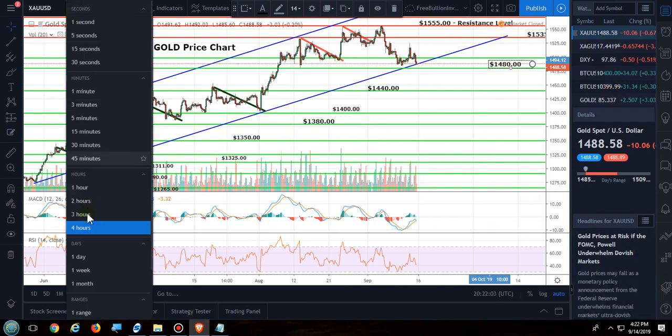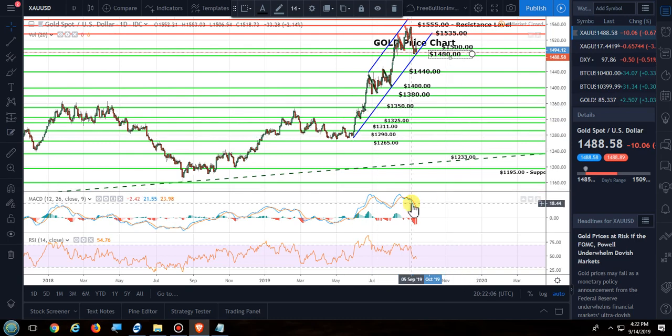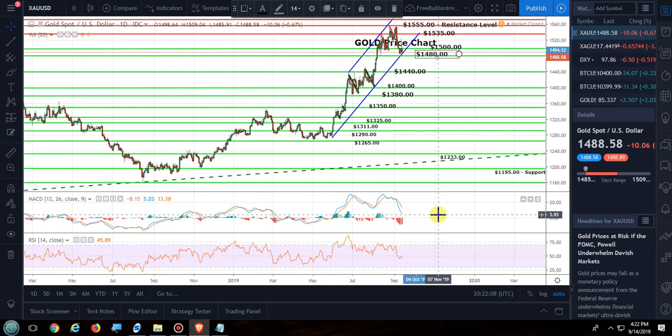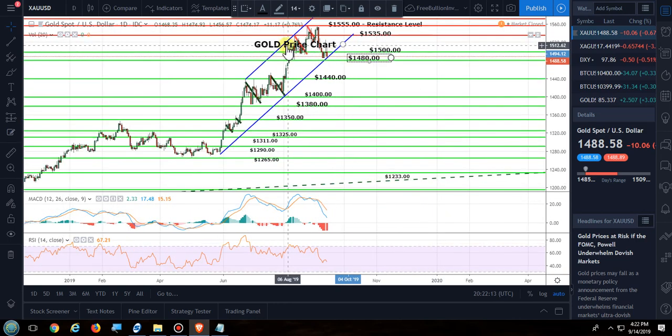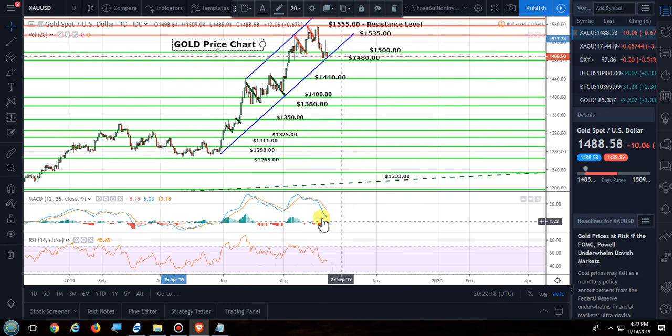Just to quickly take a look at the daily chart. The daily chart is possibly telling us something separate from what the 4-hour chart was showing us. The daily chart is showing that we could see a change in direction, a positive change in direction, that we may see a bounce, because the signal lines in the MACD are what I pay attention to, and they're really getting far apart. And it looks like by the histogram that it's also showing that we could see a small bounce, possibly between here and